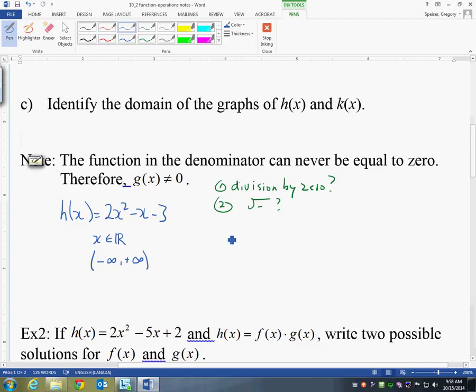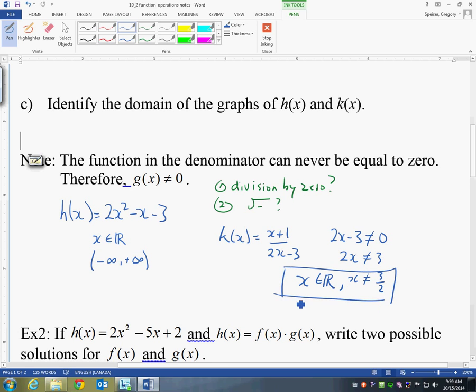So for our second one, k of x was equal to, what was it, x plus 1 all over 2x minus 3. So now we do have a division by 0 possibility here, don't we? So that's where we're going to have to restrict the domain. We're going to say, okay, 2x minus 3 cannot be equal to 0, because otherwise we'd be dividing by 0. So 2x cannot be equal to 3, so x cannot be equal to 3 halves. So we would say x can be all real values, but x cannot be, here I'll put a box around my answer, equal to 3